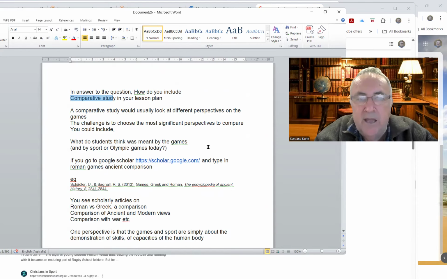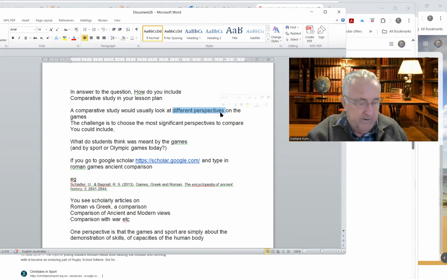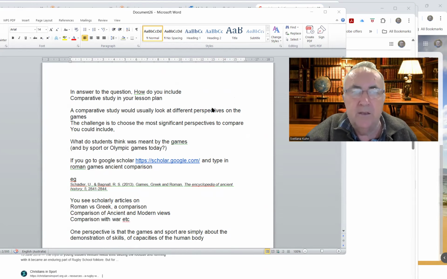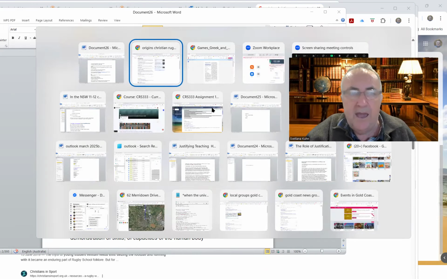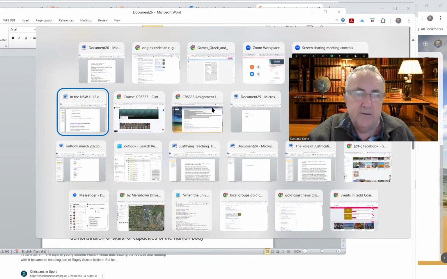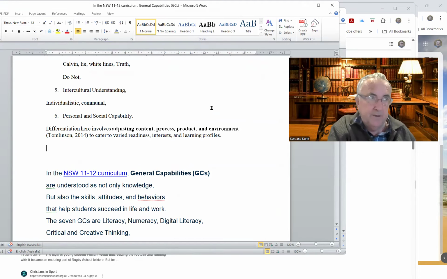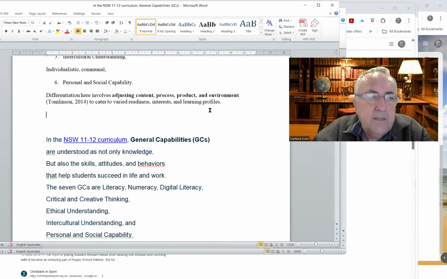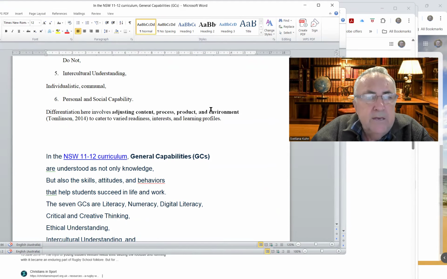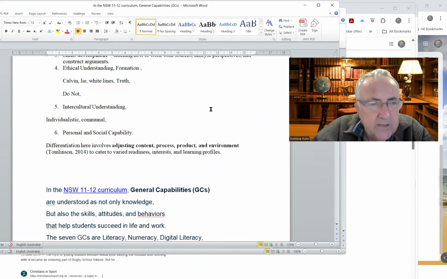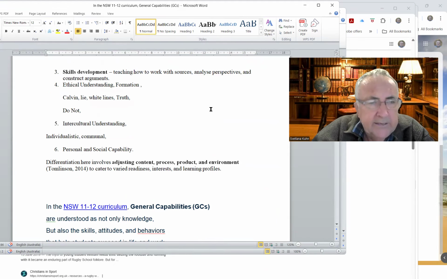Basically, in comparative study, we're discussing different perspectives on areas within the topic that you are looking at, and we're looking at the most significant perspectives. For some, it would be male versus female. For some, it would be ethical cooperation versus individualism. So in each of these areas that you are looking at,